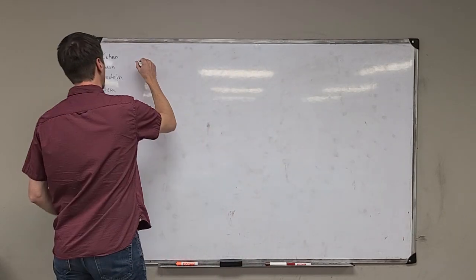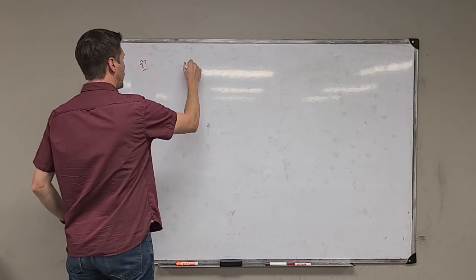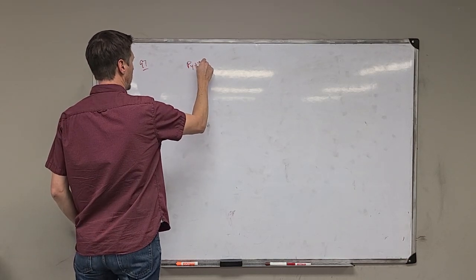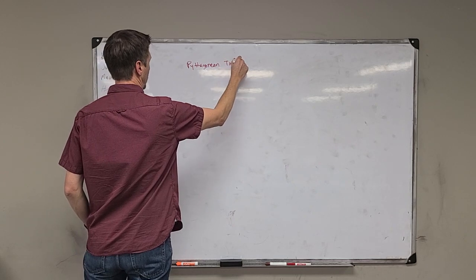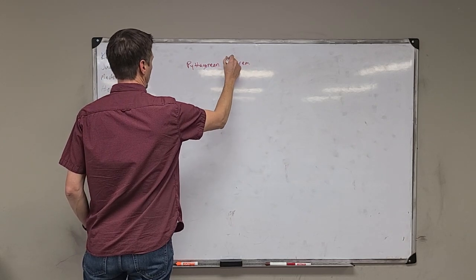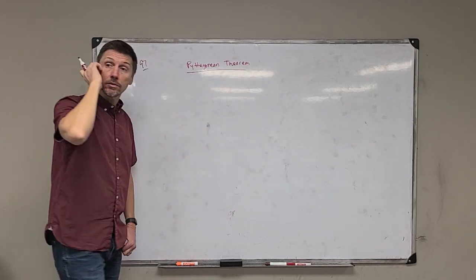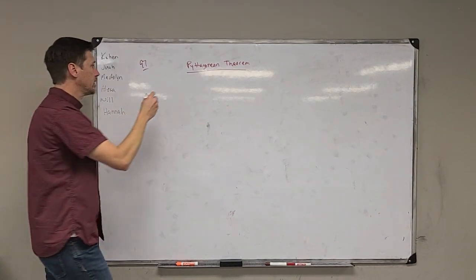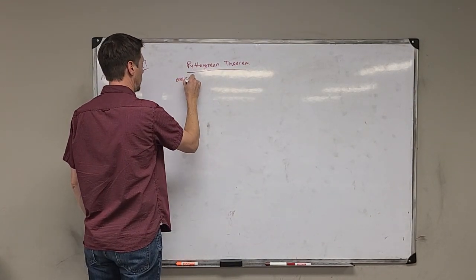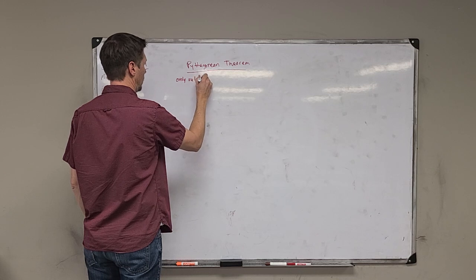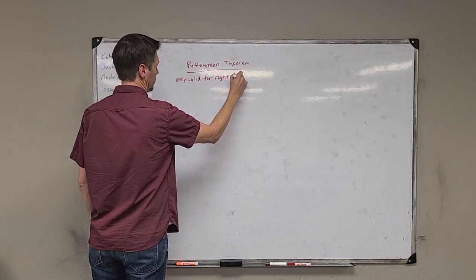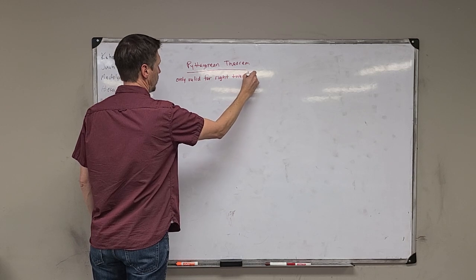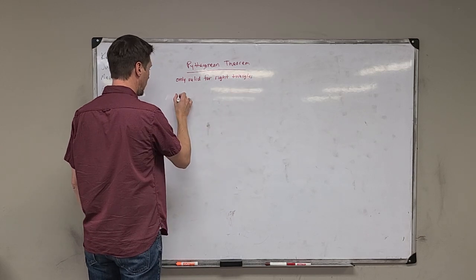So, again, this is lesson 97. The Pythagorean theorem only applies to right triangles, all right? Only valid for right triangles. And so what it says is that if we have a right triangle